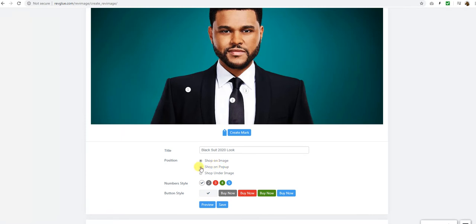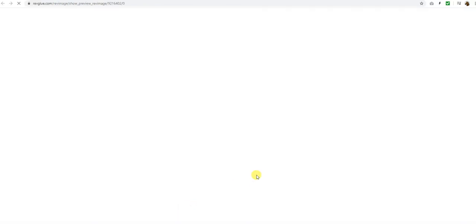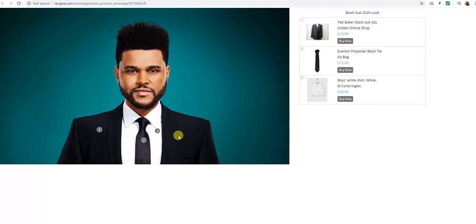So shop on pop-up, I'm going to select a different styling this time, maybe grayish buttons, and I'm going to click on preview again. Okay, so the number icons are in gray this time, and also the products are showing on the right side, not on hover, not on the image while hovering it, so they are static on the right side with the